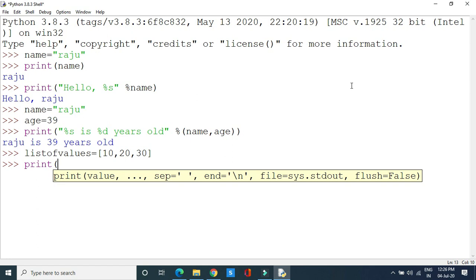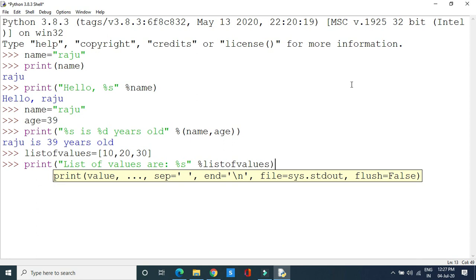That we can do like this. In the double quotation marks, I am writing list of values are. Here the values should be replaced with the specifier, that is percent s. Here simply take it as percent list of values. This is the name of our list.